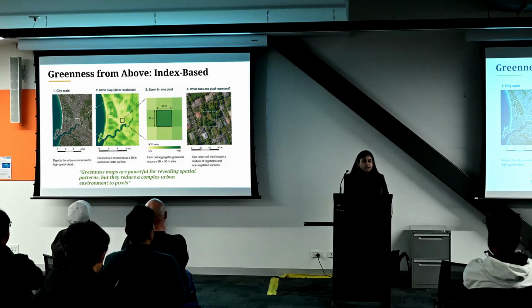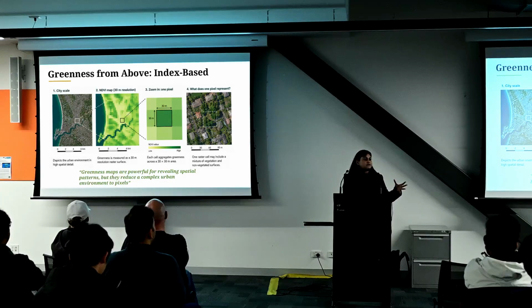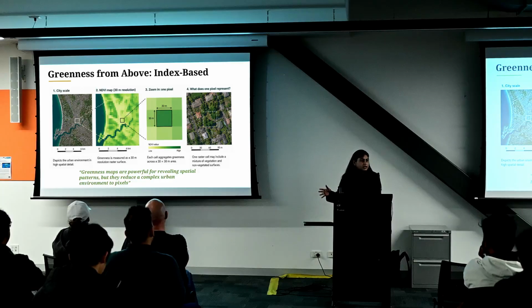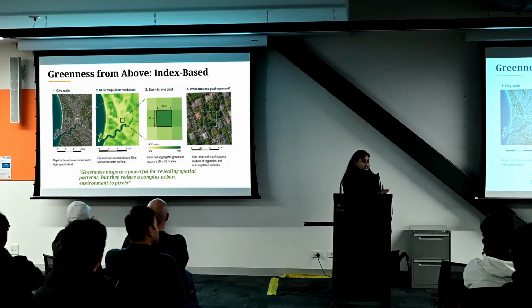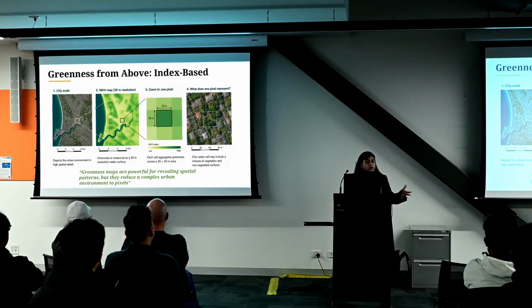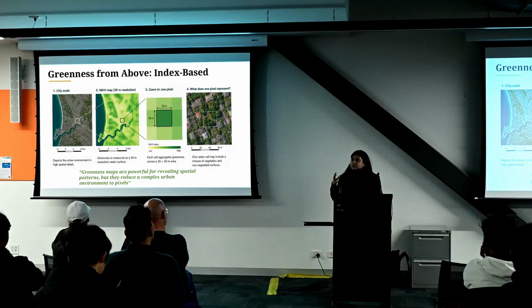We talk about our city being green, right? And you will always hear planners and practitioners use city scale maps, greenness measures, metrics called NDVI, which is just normalized difference vegetation index, to tell you how much greenery is there in the neighborhood. But look at the image closely. These satellite images that we use have different resolution. One can be 30 meter by 30 meter, one can be 100 meter by 100 meter. So the coarseness of this data set varies.